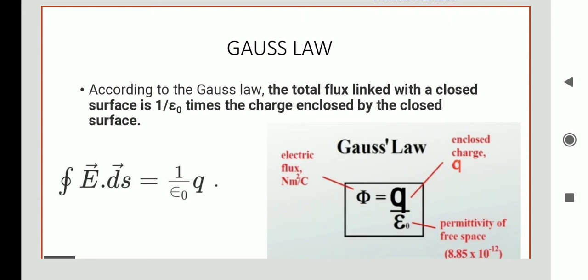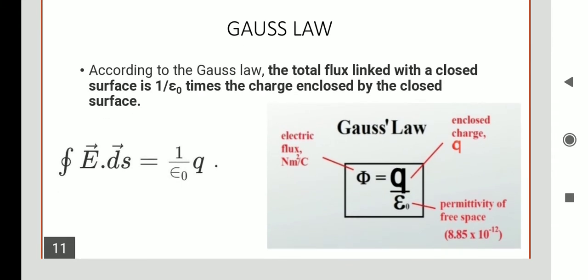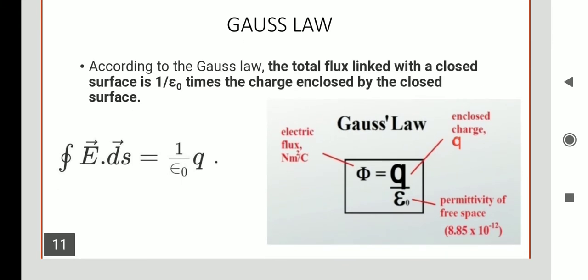What is Gauss Law? Gauss Law was introduced by the scientist Gauss to find the electric field in different systems, patterns or areas. According to Gauss Law, the total flux linked with a closed surface is equal to 1 by epsilon naught times the charge enclosed